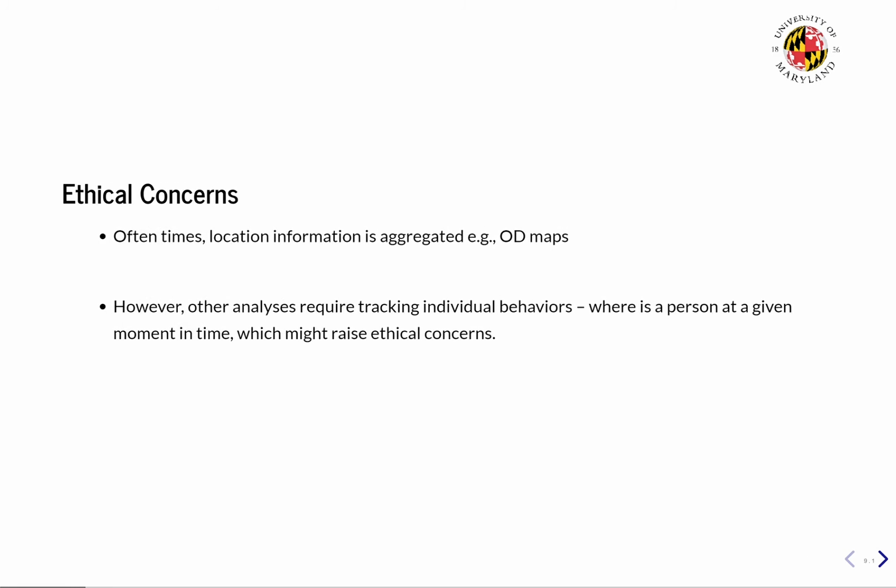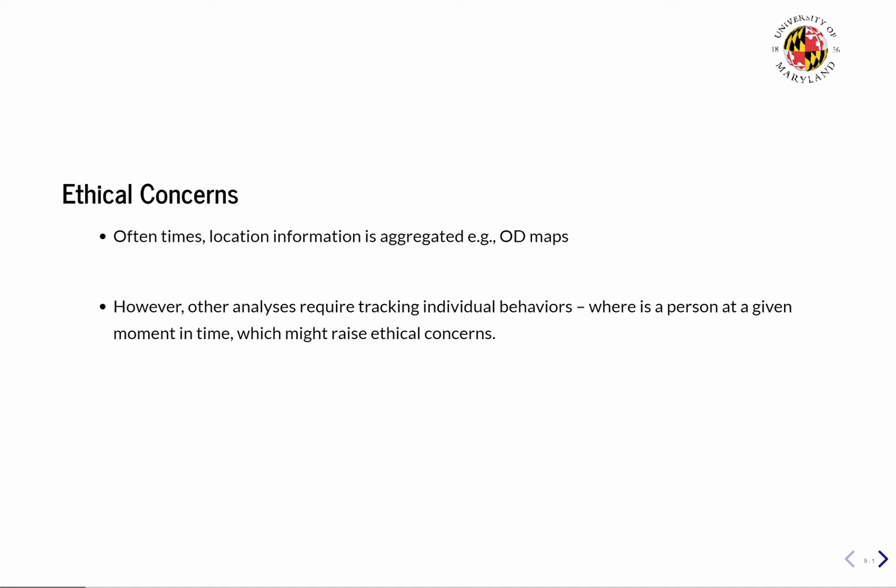We know the applications of geolocation data are many, but there are certain ethics surrounding the use of it as it deals with personal data. Most times the data is aggregated to perform analysis, for example, in origin destination maps. For those of you who are not familiar with aggregated data, it is the data which is computed using summary statistics of individual data. For example, a count of the number of people near the White House at a particular instance, as compared to information about which individuals are at the White House, is aggregated data as compared to individual data.